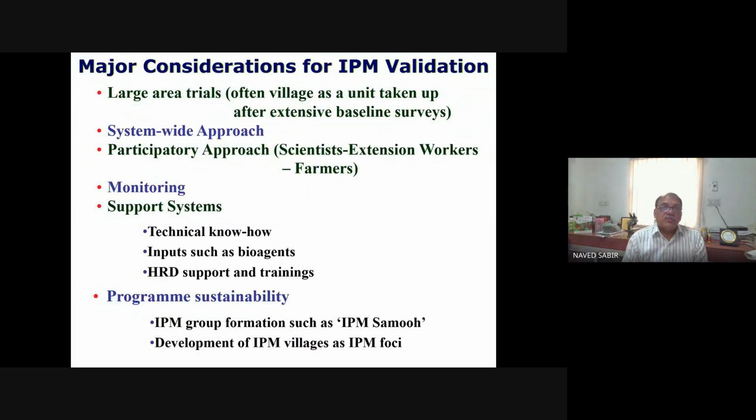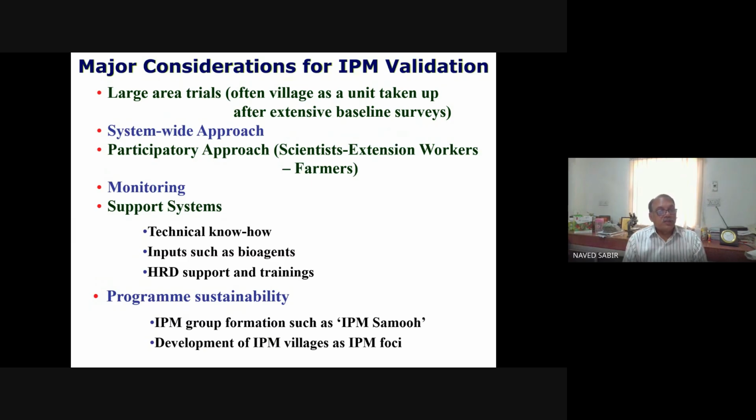So major considerations for IPM validation is that the area has to be as large as possible. In terms of open field cultivation, it has to be extensive baseline approach. In terms of greenhouse agriculture, you have to have your system-wide approach to the extent that how many greenhouses are in your area, what kind of pests they are facing, what kind of pests you had last year, what kind of problem could come. So these, you create a database and you create a module, and then you implement from pre-plant stage to monitoring stage to implement stage,